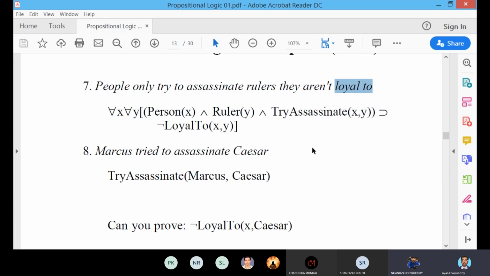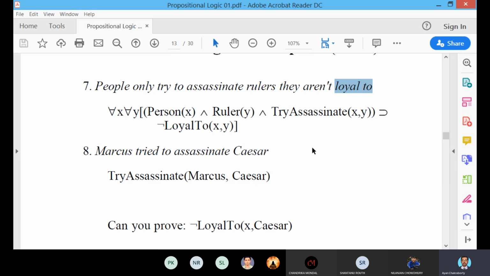We need a reference variable, because people and ruler are common nouns, and this is basically a real life object. But this is a generic object, so we need two references.